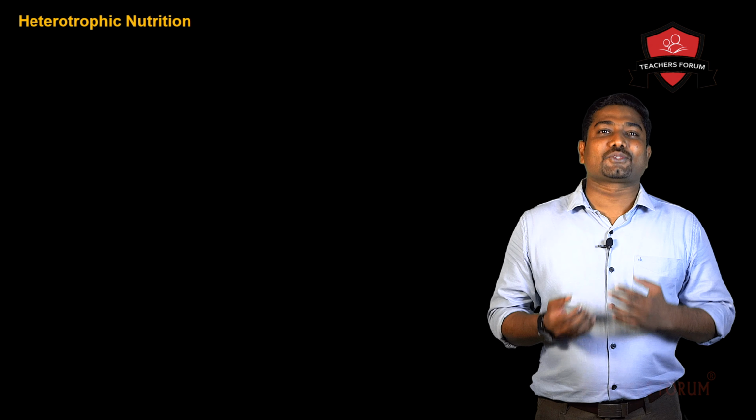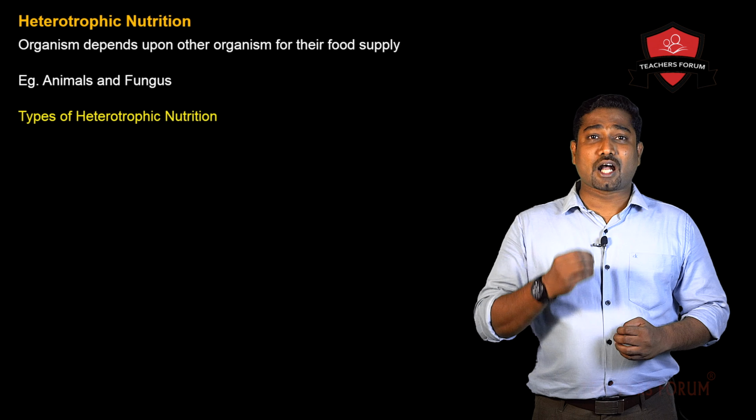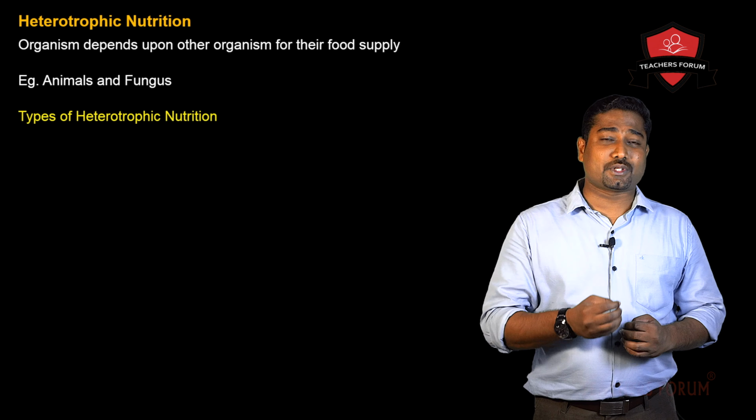So those organisms which depend upon other organisms for their nourishment are known as heterotrophs. Animals and fungi come under this category. Depending upon the type and availability of food materials and how it is obtained, the mode of nutrition and